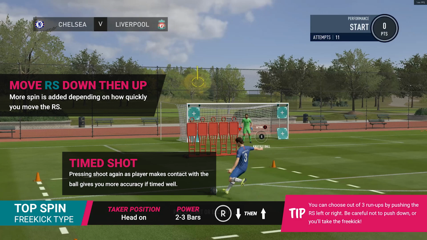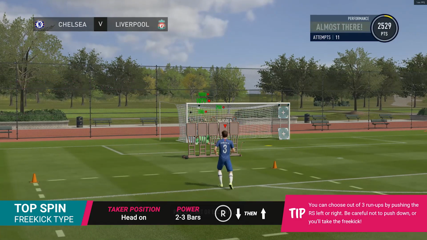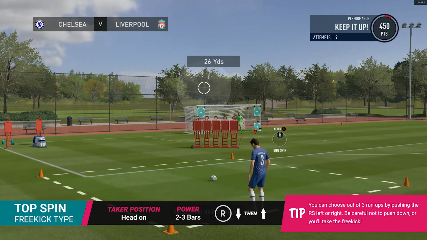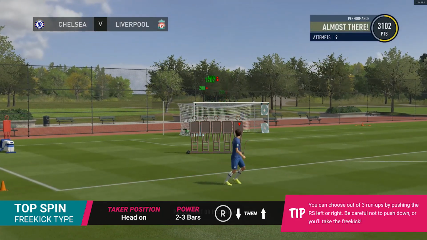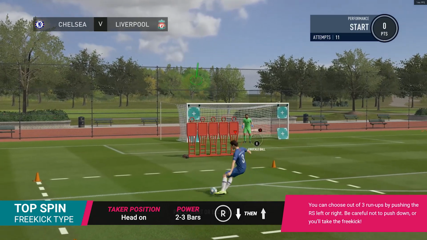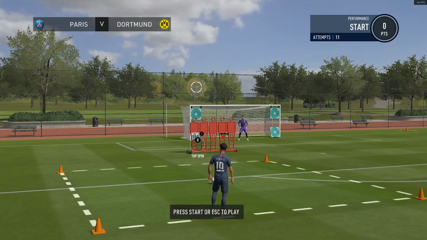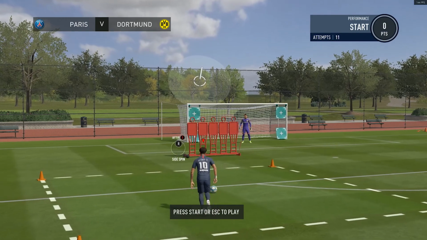There is an element of randomness represented by the circle we generate by building shot power. We can make this circle smaller by using a feature called time shooting. To use this, press shoot again just as your player kicks the ball. The circle will either stay white because you mistimed it, turn yellow which is a bit closer, or green which